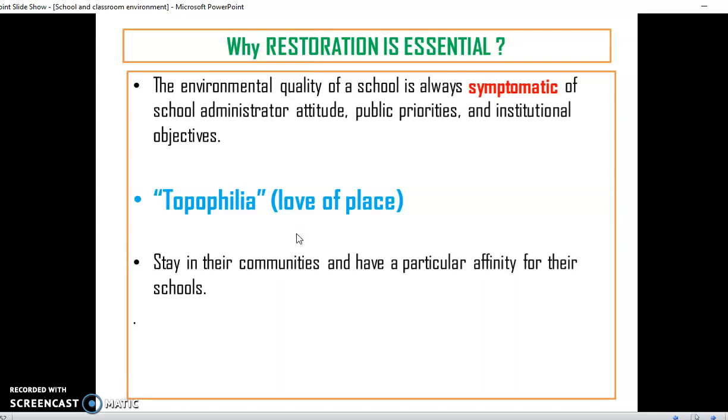That topophilia, that love of a place, we need to develop in them by working for the restoration of components which are not a part of the system, so that they stay in their communities and have a particular affinity for schools. Now, topophilia, as I said, talks about love of a place. This is an affinity that the students need to have, and not only students,